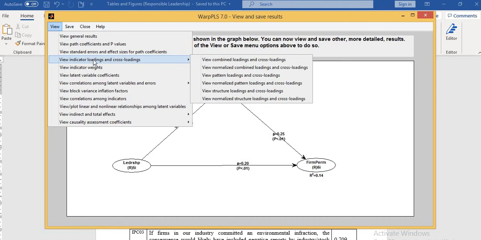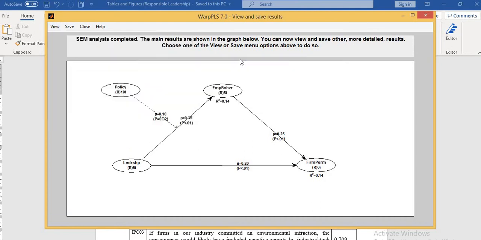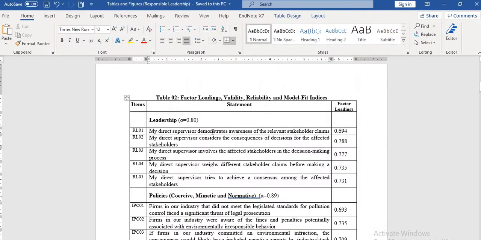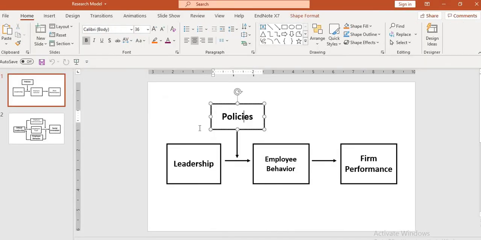under the tab of view indicator factor loading. I have extracted all these results and put them into a Word file. This is the variable leadership. Again, see the model on which I am working: leadership, employee behavior, firm performance, policies.